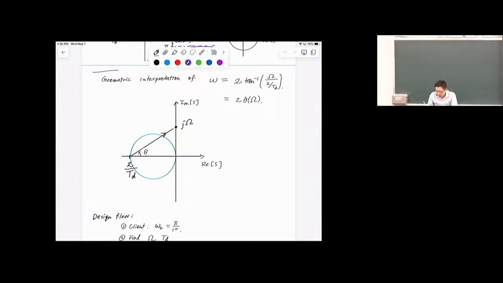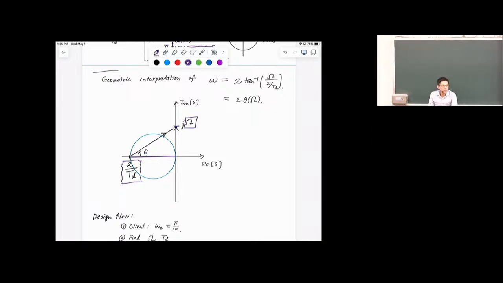And with j omega being the length here, and the diameter right here, if we imagine that its length is 2 divided by T_d, okay? So at least for the x-axis and y-axis, both of them have the unit of basically 1 over time,